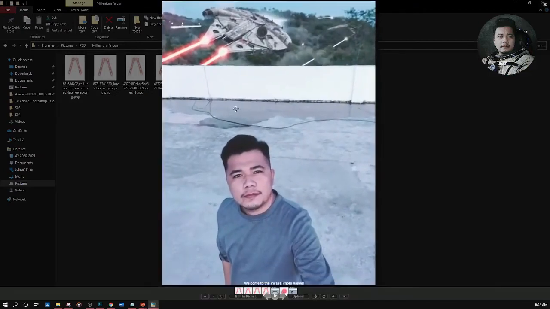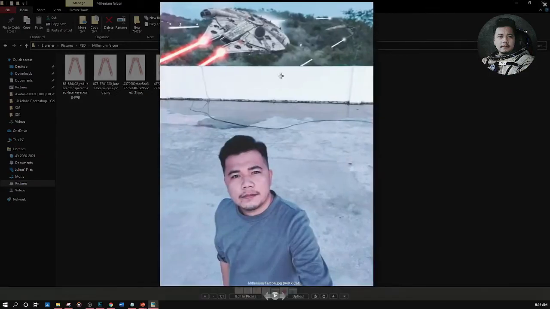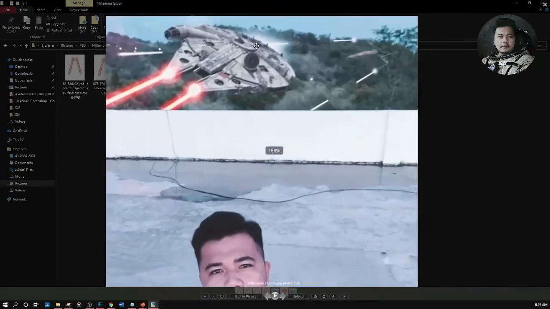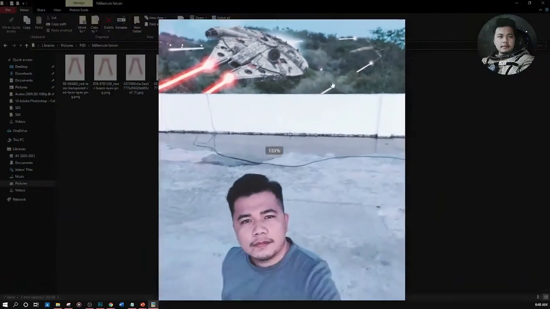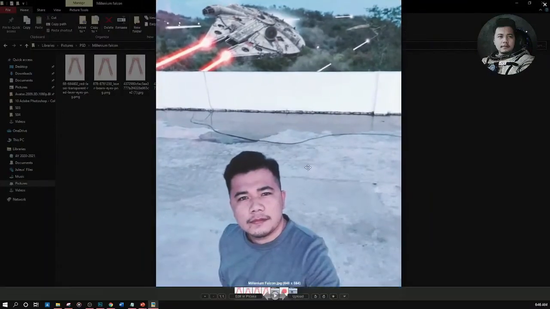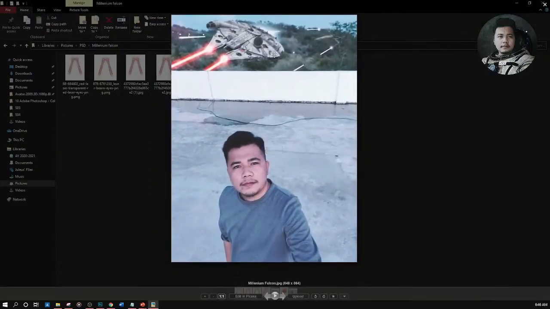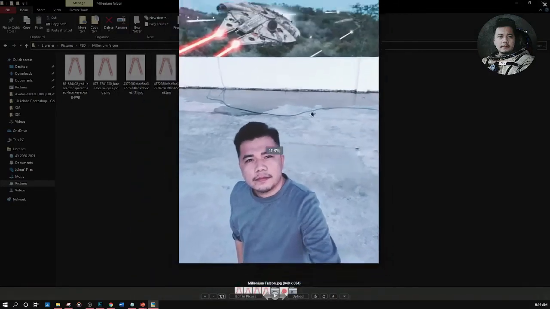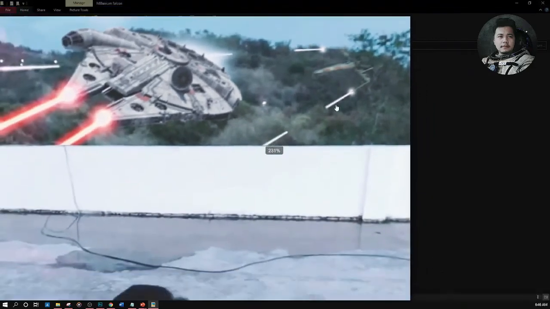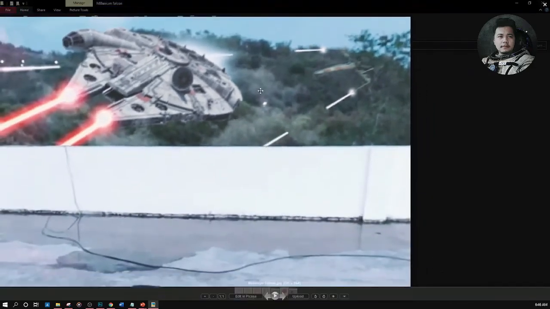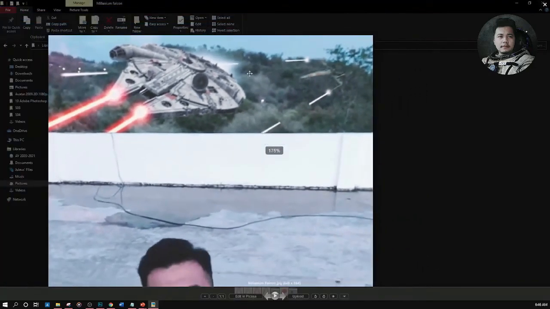So basically, this is the original. This is obviously the Millennium Falcon, and if we zoom in, it's blurry. The reason is, of course, this is taken using a phone. Since the background is farther away, the aperture will tend to blur it out, right? So it's blurry compared to the subject. And another thing, right? I've also added motion blur,